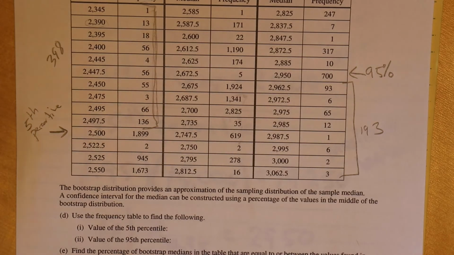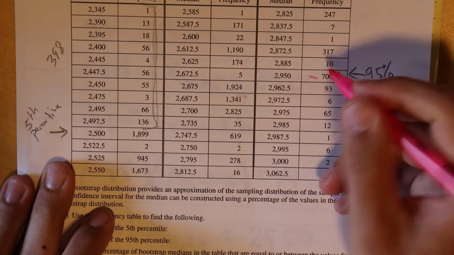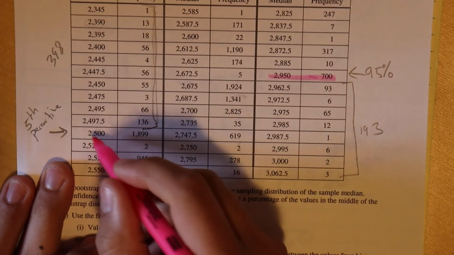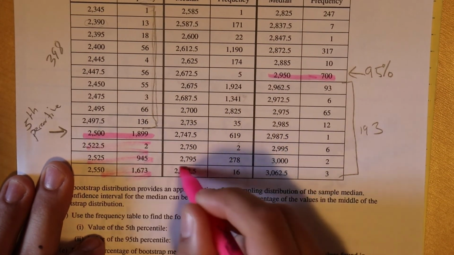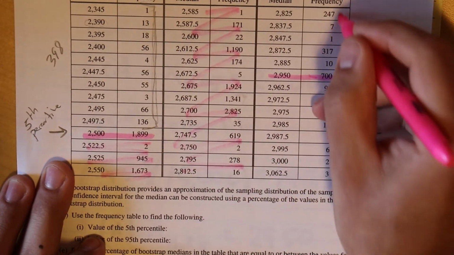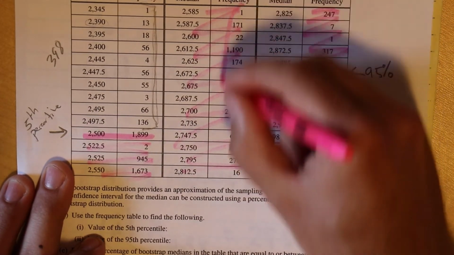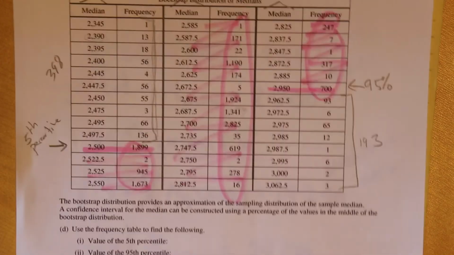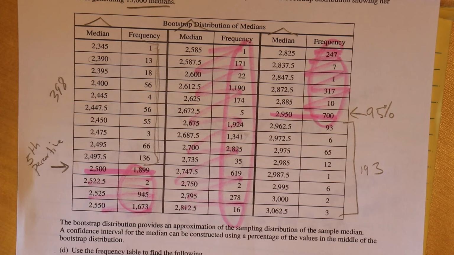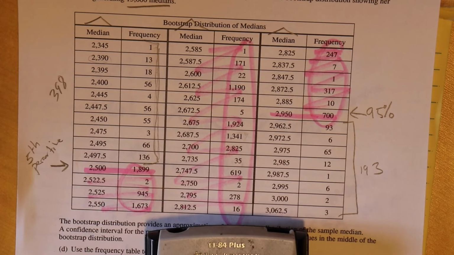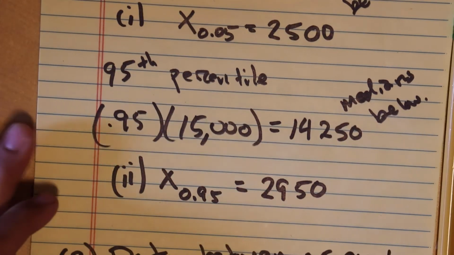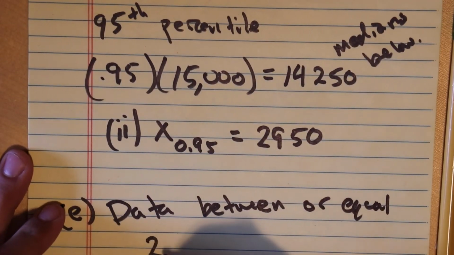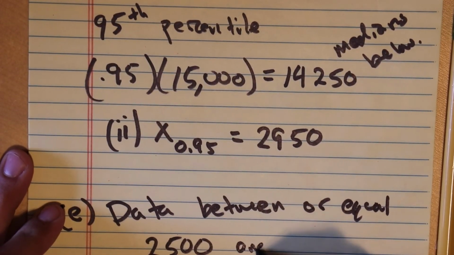So this is what I'm looking at here. Equal to or between: there's an equal to, there's an equal to, or everything between. So one option is I could add all of the frequencies, but that's a lot of adding. So what I'm going to do is I'm just going to add the outside of it, subtract that from 15,000. The data that was between or equal to 2500 and